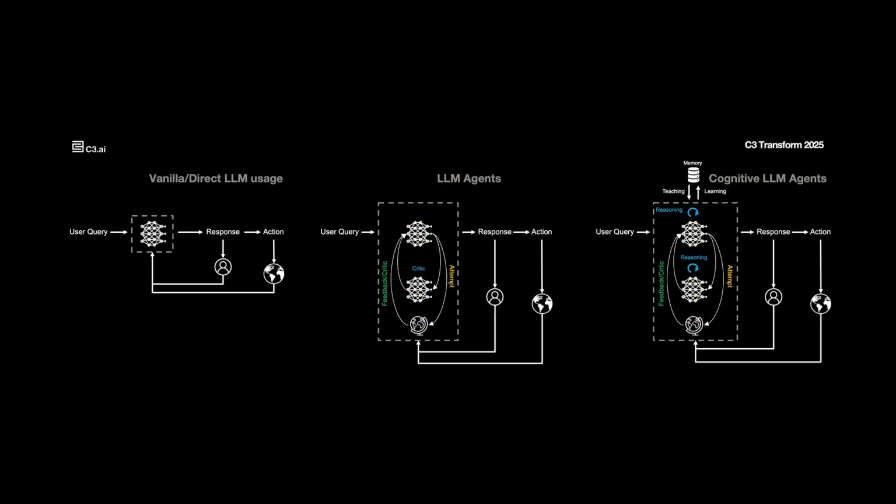The second critical innovation with the foundation models and AI agents is this concept of memory. With memory, these agentic systems can remember what happened in the past, they can remember what worked, what didn't work, and then they can adapt based on that. So these two concepts, one is critic, where it can evaluate its actions, and understand and act on that feedback, and the second is memory. These two things really get us to where we are today with the cognitive AI agents. And these are super valuable for the enterprise.